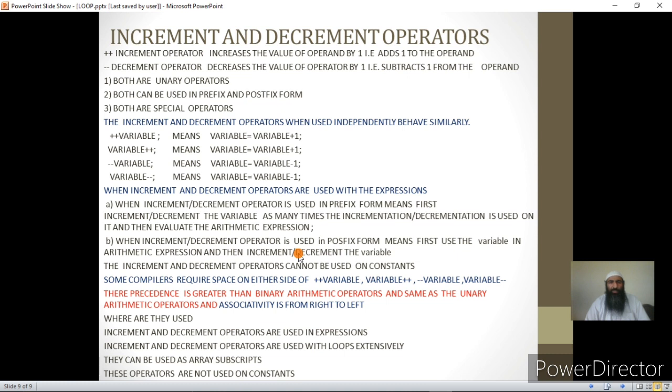That is, first the contents of the variable are used in the arithmetic expression, and after that incrementation or decrementation takes place. Or if you use it in an assignment statement, first the contents of the variable are used in the assignment, that is a simple assignment, where you have variable equal to the variable on which the incrementation is performed. Okay. Now increment and decrement operators cannot be used on constants. We will see that now once we go to the IDE.